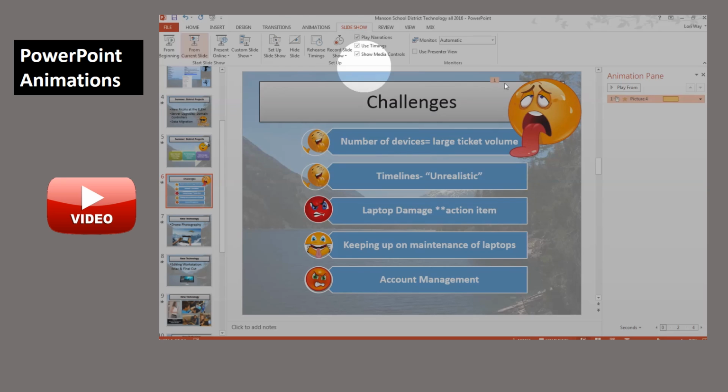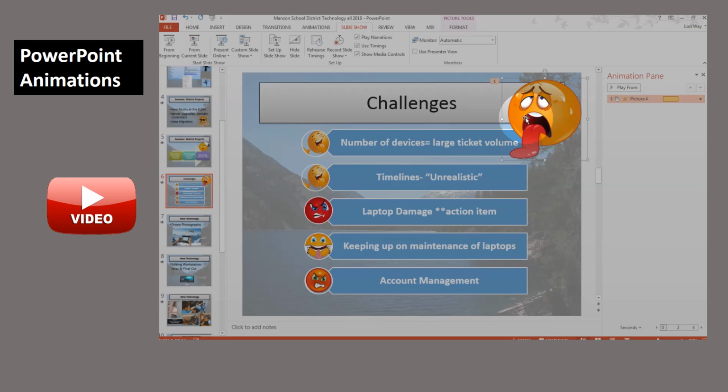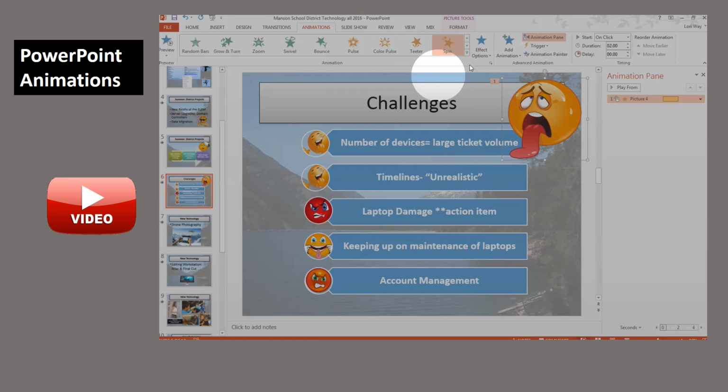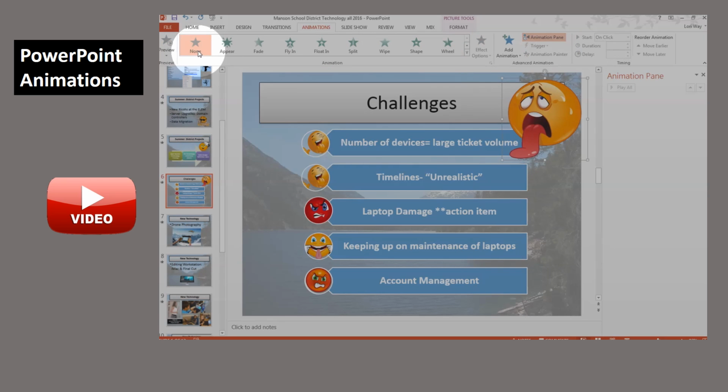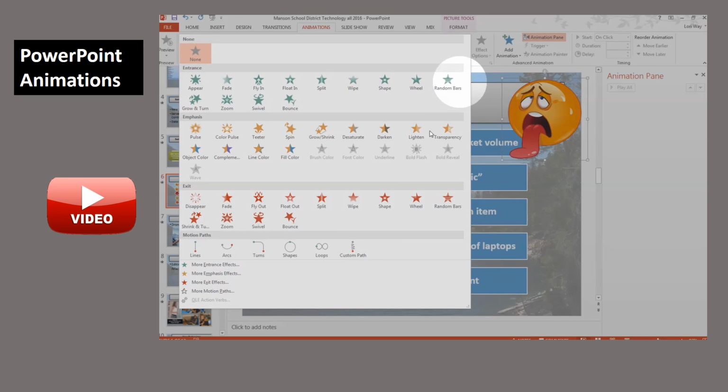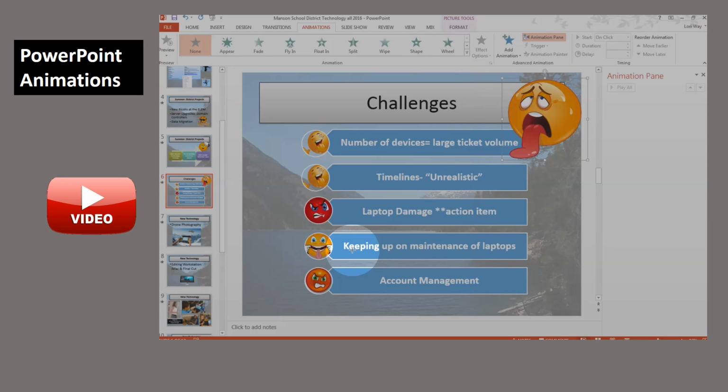Okay, great. Another thing you can do for your animations is create your own. If you go to the Animation tab, this is really a lot of fun. The students like to do this. I'm going to delete that one by clicking None. And now I'm going to go down to this bottom part here where it says Custom Path. These are called motion paths. So we're going to click on a custom path, and then we can figure out where we want the animation to go,